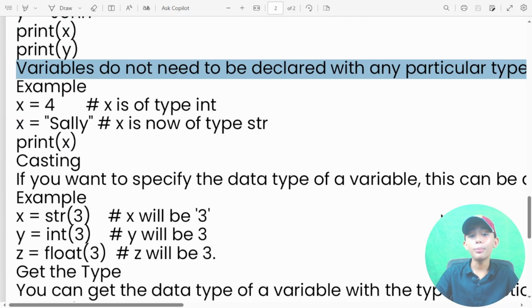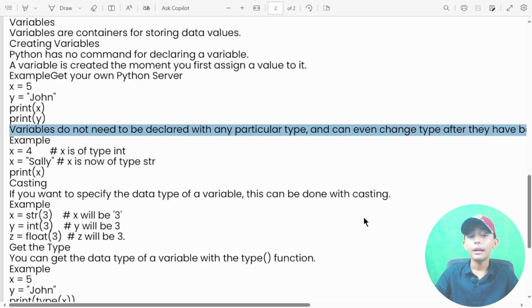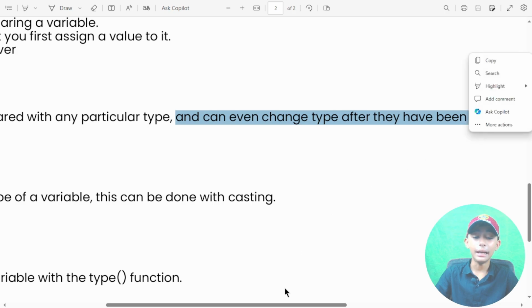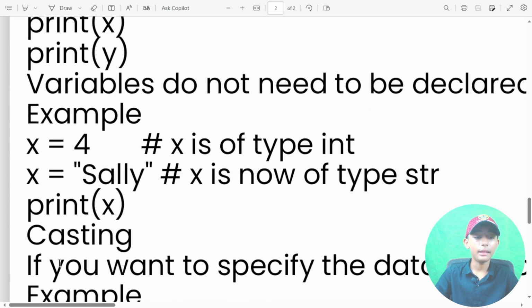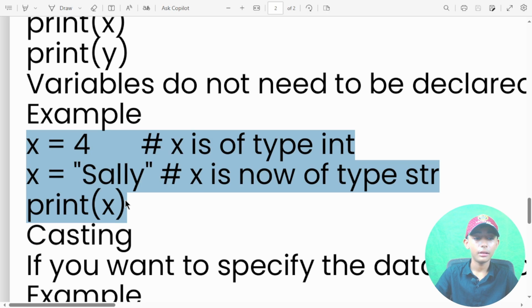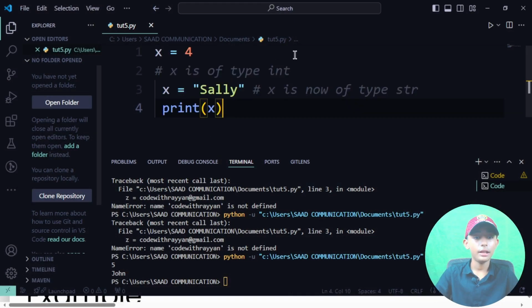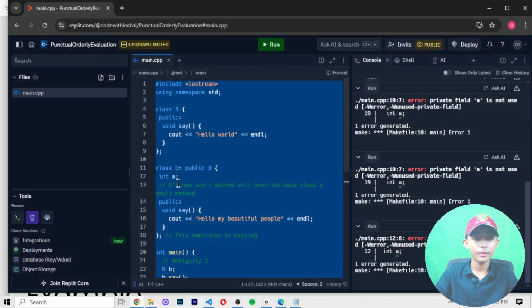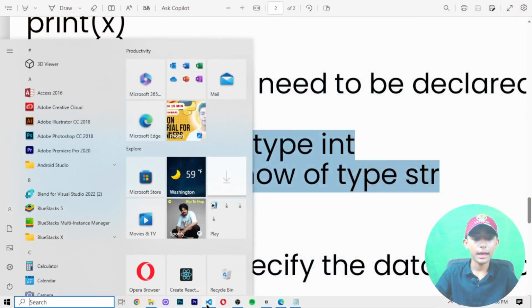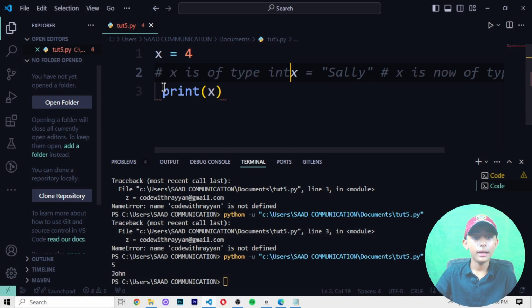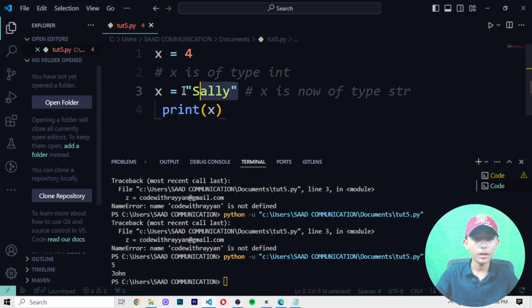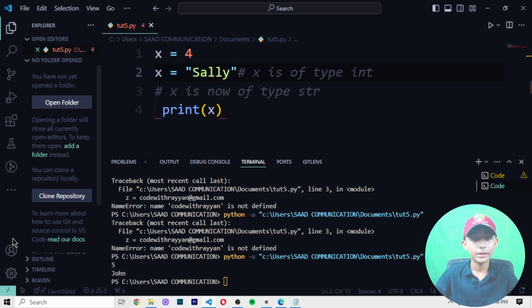Variables do not need to be declared with any particular type and can even change type after they have been set. For example, like this. I copy it and paste it. Okay, it's of type int.